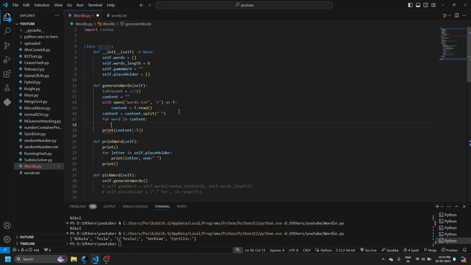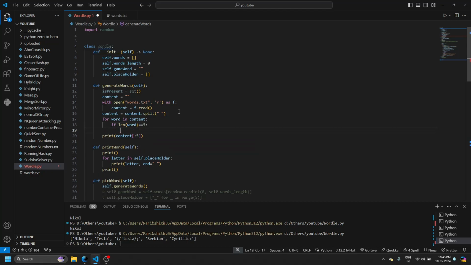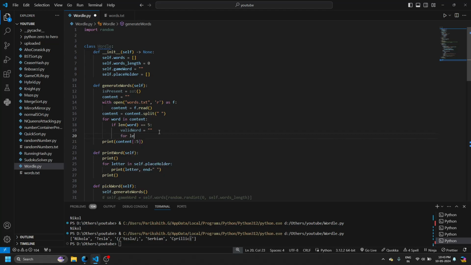Only if the length of the word is equal to 5, since Wordle generally has each word of length 5, we'll have a valid word. Because again we have to check, since we obviously don't want backslash and special characters and all. So what we'll do, for each letter